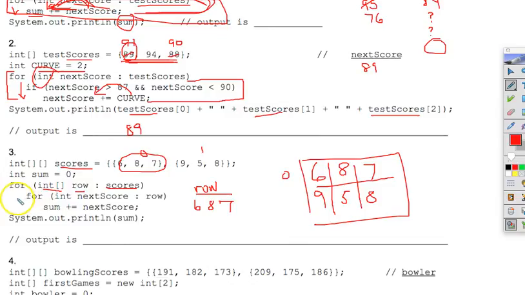Now we get to the inner for loop, and we need this variable named next score to be accounted for on our scratch work. And we are plugging in an integer coming out of the one-dimensional array row, so that 6 plugs in there, just like up above with a one-dimensional array in exercise 1. Well, that number 6 plugs in, adds into sum, so the variable sum went from 0 to